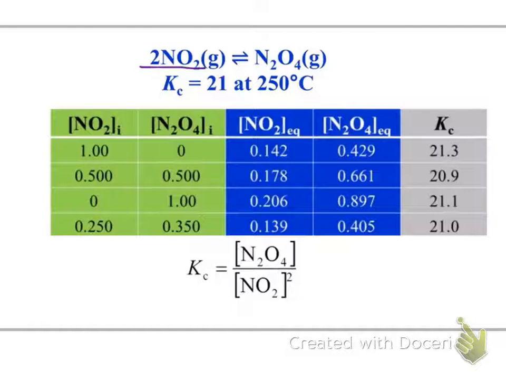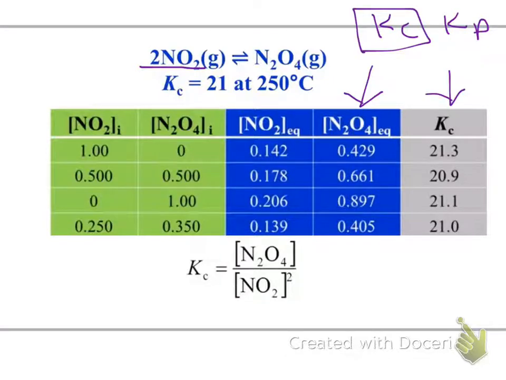So here I'm going from 2NO2 to N2O4. They're both in the gaseous state, so I could calculate Kc or calculate Kp. But since I'm given concentrations and it's information on Kc, I'm going to focus on Kc. Now, one of the things we need to understand is that at different temperatures, my K will differ. So when I'm talking about Kc or Kp or any K, I need to specify what temperature I'm talking about